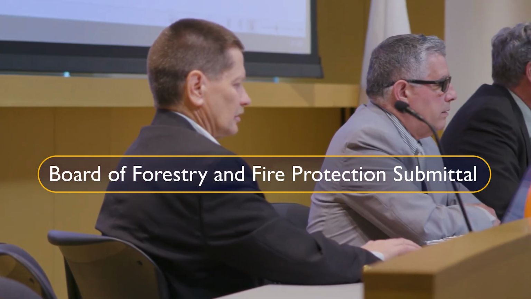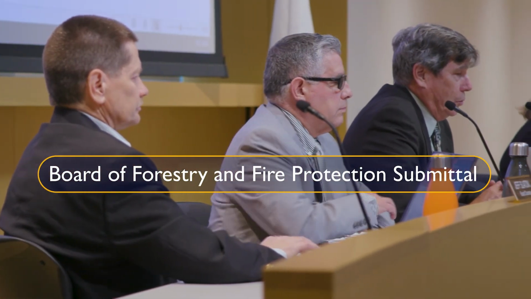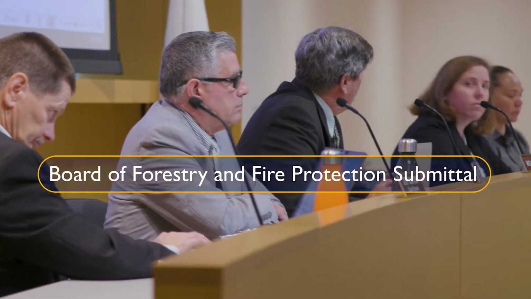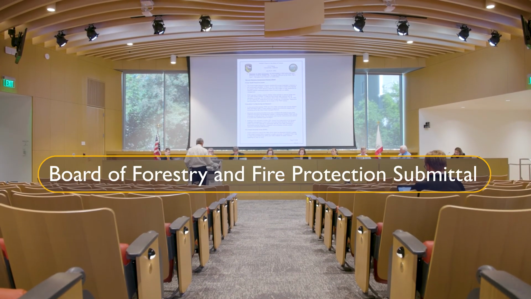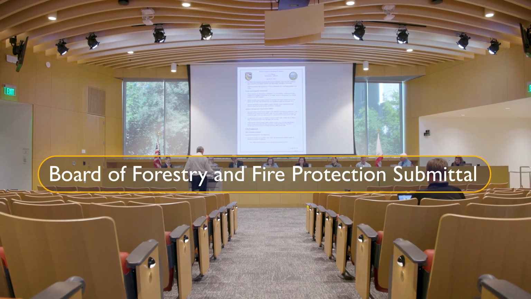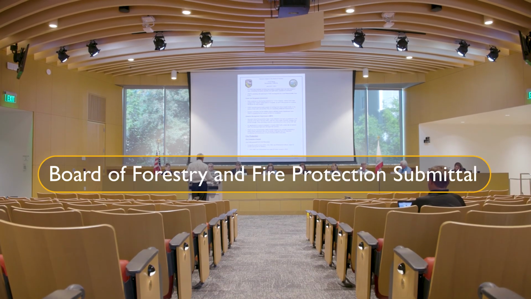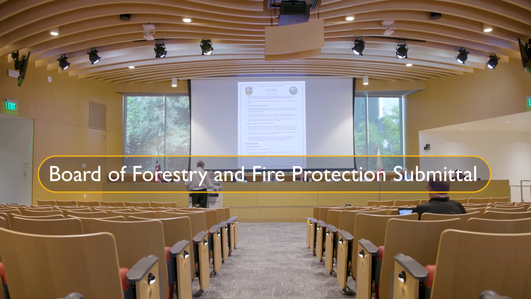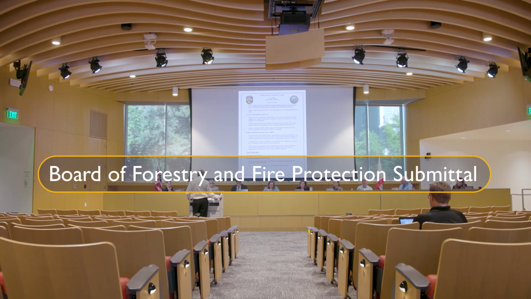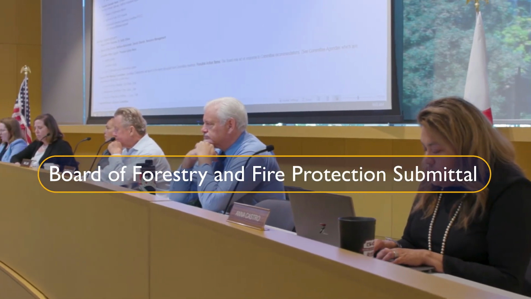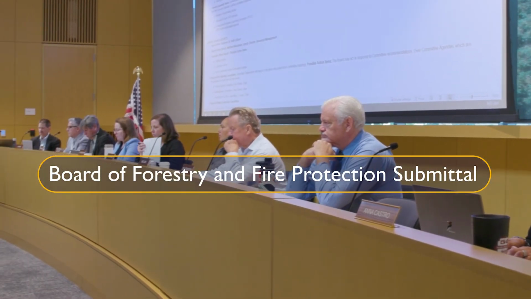Within 30 days of adopting a local ordinance, you must submit a map depicting the adopted fire hazard severity zones within the local agency, the ordinance of map adoption, and any items outlined in regulation through the online form available on the board's website. Once submitted, you will receive confirmation which marks completion of the requirement.